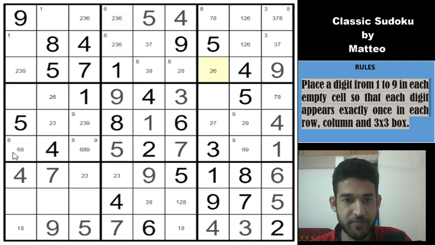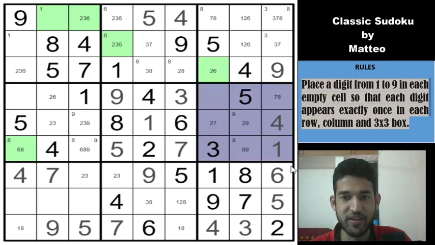So which means that if I have a 6 in this cell, I get a 6 in one of these cells, that gives a 6 here, and that gives a 6 here. Now, is this possible? No. Can you see why? Because in box 6, there is no cell left for the 6 to be in, right? So if I have a 6 here, I get a sequence of 6 this way, and in box 6 there will be no place to place the 6, right?